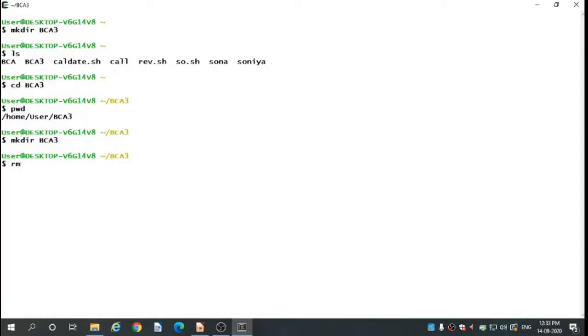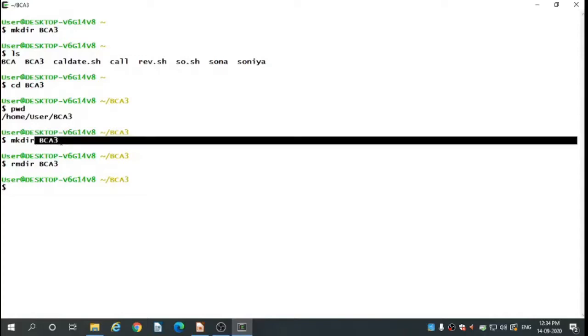So I am removing that directory from the folders. It is not showing an error here because we are already in BCA3. If we create it a second time, it will show the error. Here nothing is present, so it is created.